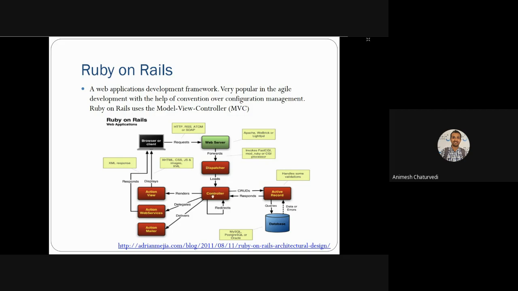Then the load will be transferred to the controller, and the controller basically redirects to the various servers and various parts of taking actions. For example, action view means rendering the output. Action mailer means what is the request, then delegating the action web service so that the output will be generated, and then the action view will generate the result and show you the result in the browser. All these things are responded in terms of XML response, like SOAP or RSS feed.